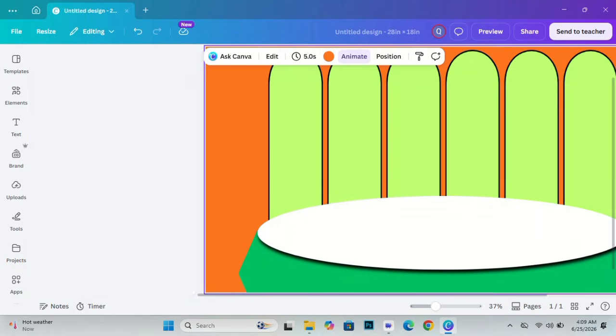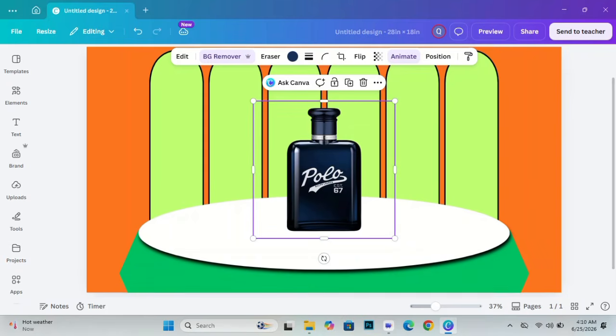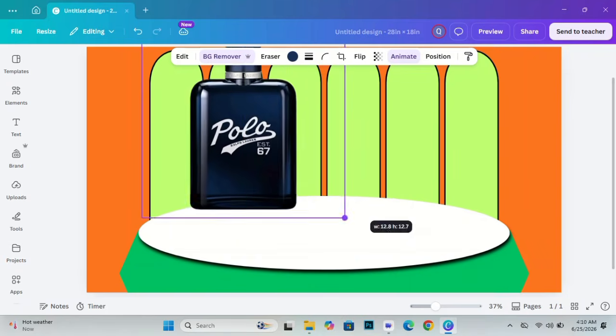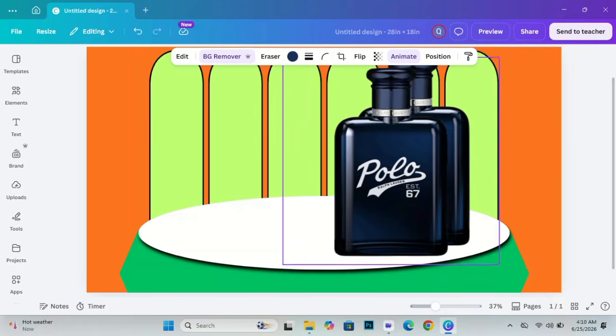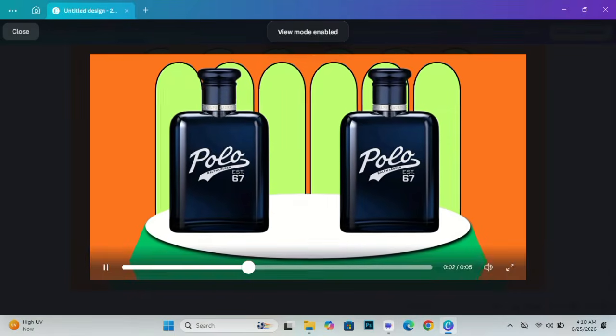Next, click on the headline text and add your product name. Below that, write a short product description that highlights the main benefits and features. To make the brochure more attractive, go to the Elements tab and add icons that represent